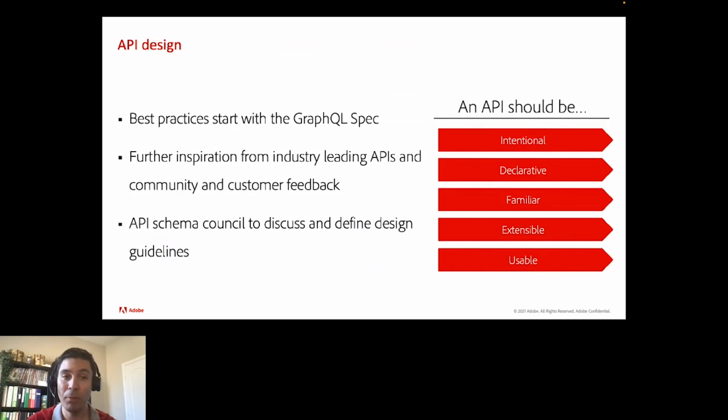This is a new technology, and it is becoming the center of attention in how agencies customize their systems. Following guidelines and best practices is a must when beginning such a journey. So this is not a trivial task. In conclusion, what we could articulate about how we compose our schema is that it is intentional, declarative, familiar, extensible, but most importantly, usable.